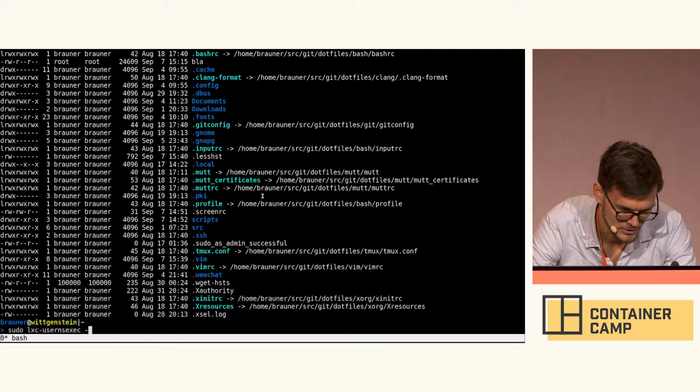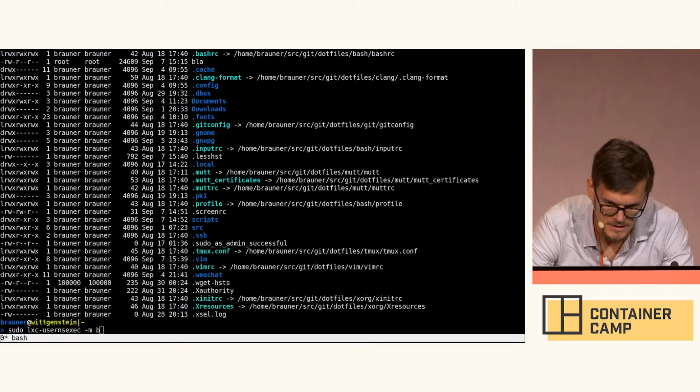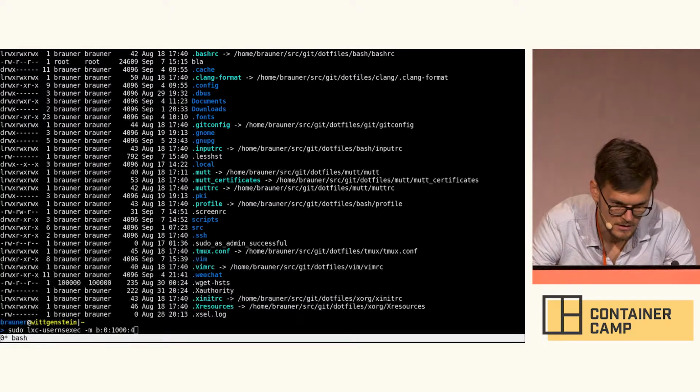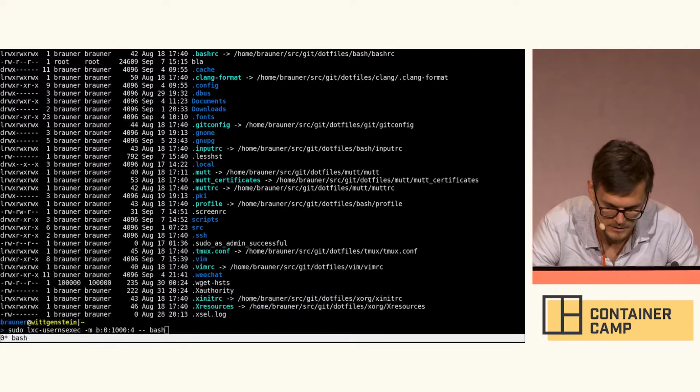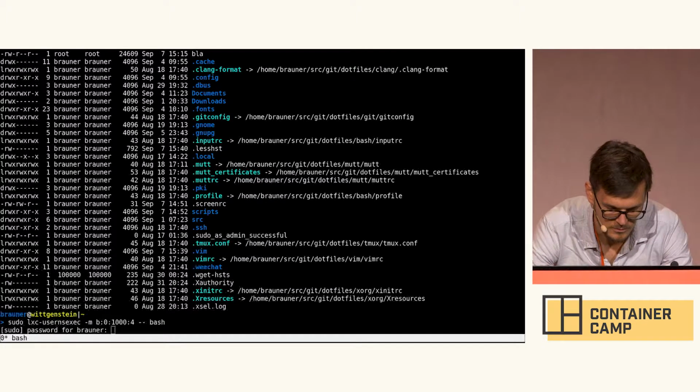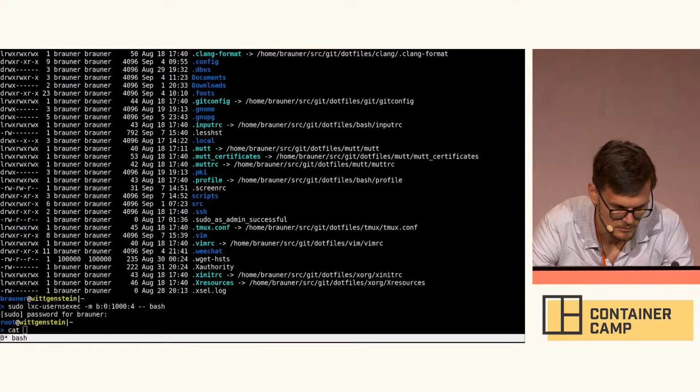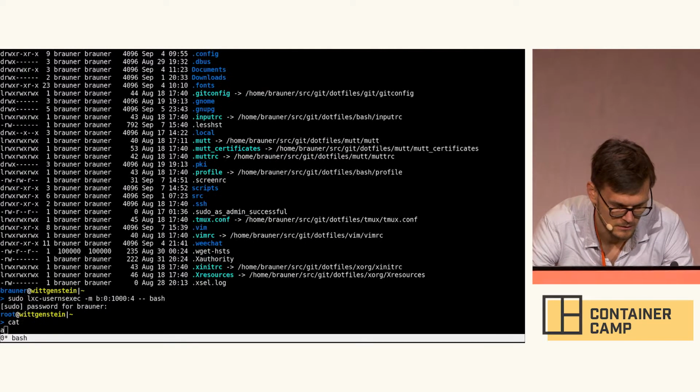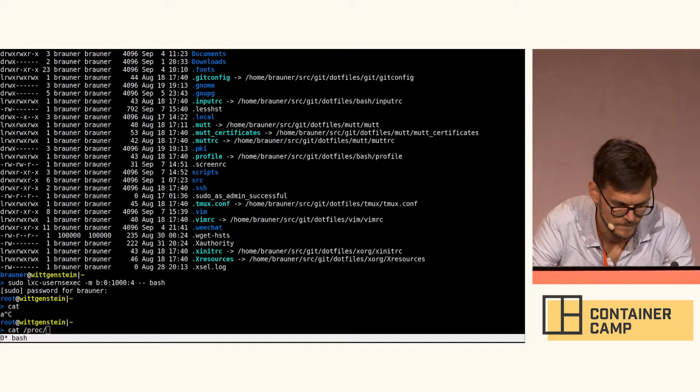I'm going to establish a mapping that basically states I want to map both UIDs and GIDs, and then I say from 0, let's say I'm making it for 1004, and then I write an arbitrary program in there. So I'm doing it as root now, and then I look at